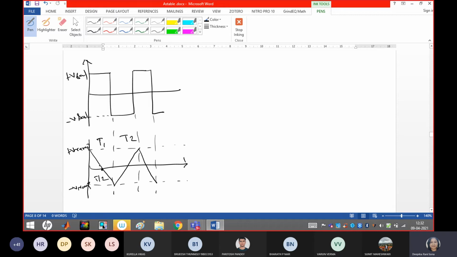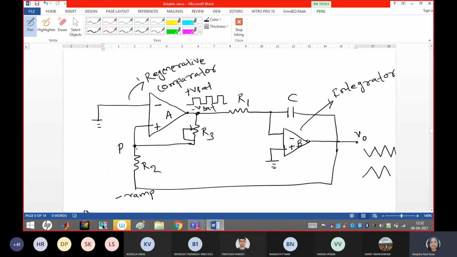This concept also you remember. Now what do we get by the amplitude and frequency calculation? Suppose when the comparator output is at plus V set, the effective voltage at point P, how do we write? Where is the point P? This is the point P. What is my condition? Now I am going to consider when the comparator output is plus V set, the effective voltage at point P, and here I have shown you guys this end voltage.